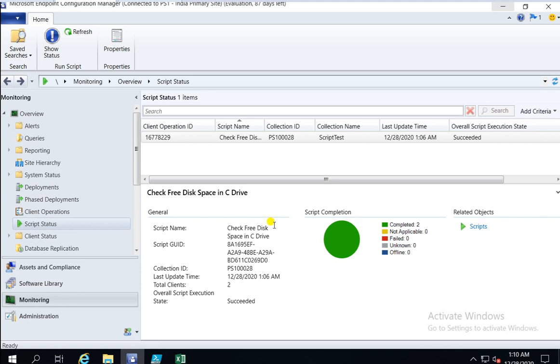Guys, this is very helpful if you are doing any kind of troubleshooting, for example patch troubleshooting. I usually use this kind of logic for patch remediation, like renaming the software distribution folder, creating or updating the registry, fetching some values from the registry, and other things like checking the services. If a service is in a stopped state, you can put in a command line so that if the service has stopped, it can be started. So you can put some logic in for your remediation. This part is very helpful.